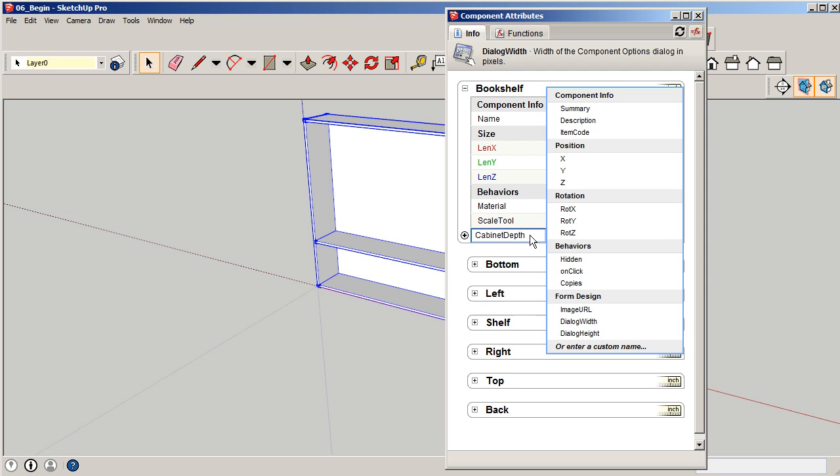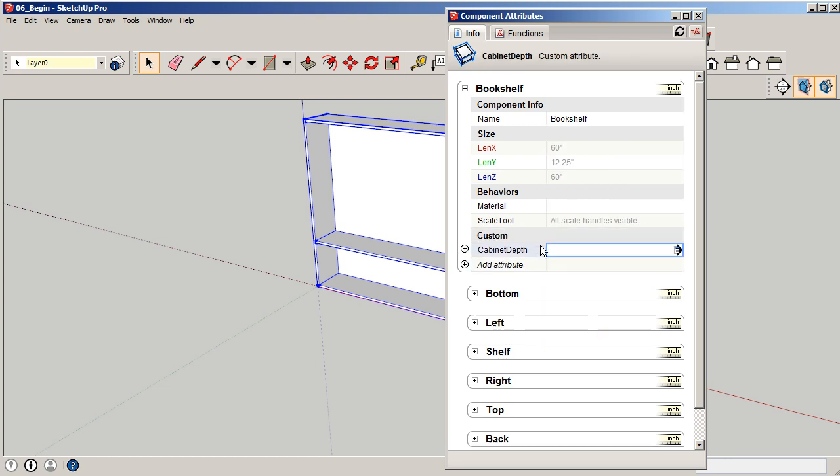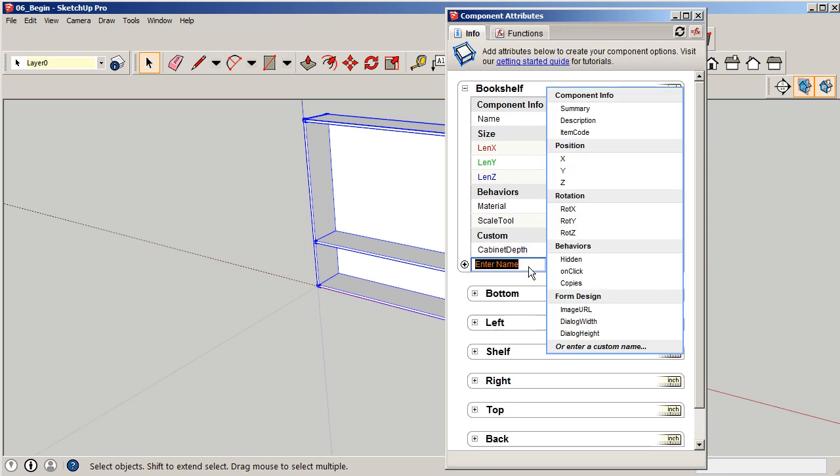Again, it's really important that you note it that way because as we work with formulas, we'll be referencing this exact title. So go ahead and hit tab, and tab will let us accept it. Again, we'll add the formulas and all that information a little bit later. I just want to get all our geometry loaded up. So again, add another attribute, and this one's going to be our custom cabinet height. Exactly how we did there, we're going to say